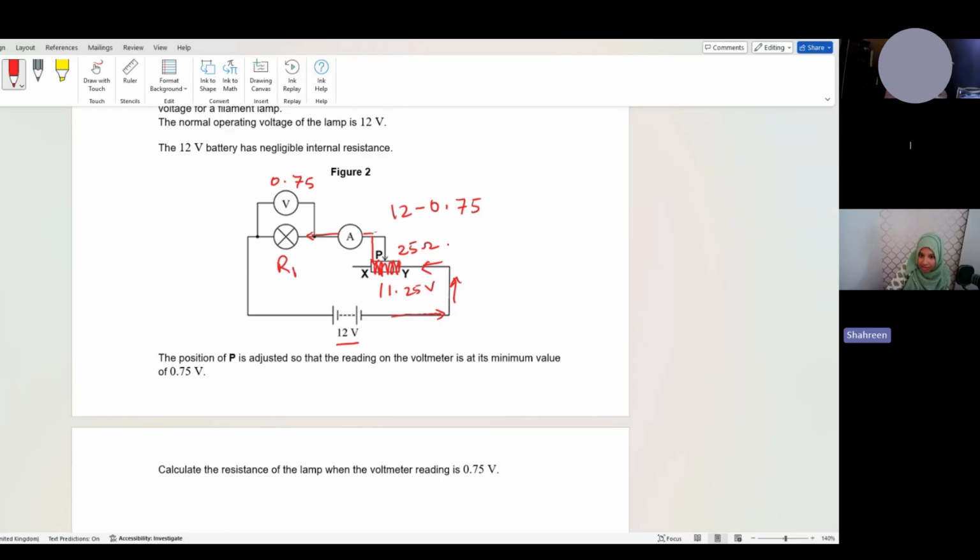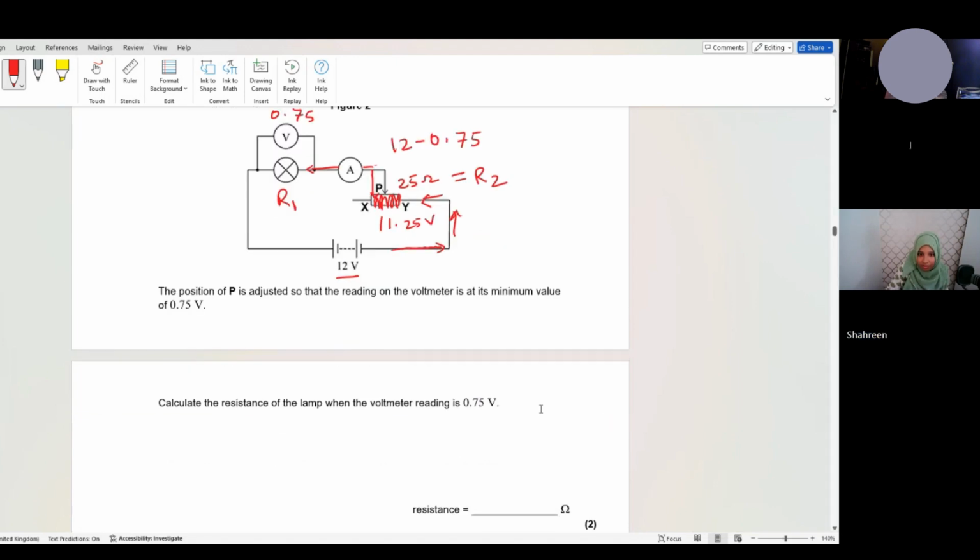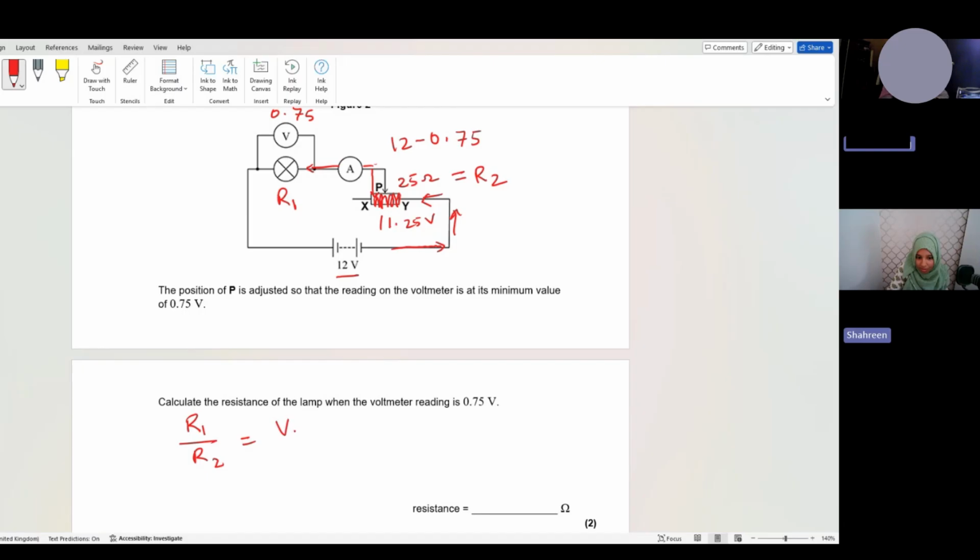And let's say the variable resistor is R2. So our ratio is, what's the equation? V1 times R2 over V2. Very good. So if we just want to find R1, it's V1 R2 over V2, that gives us